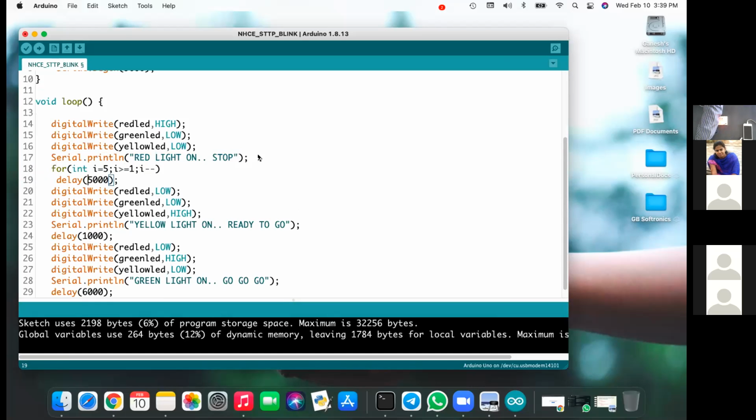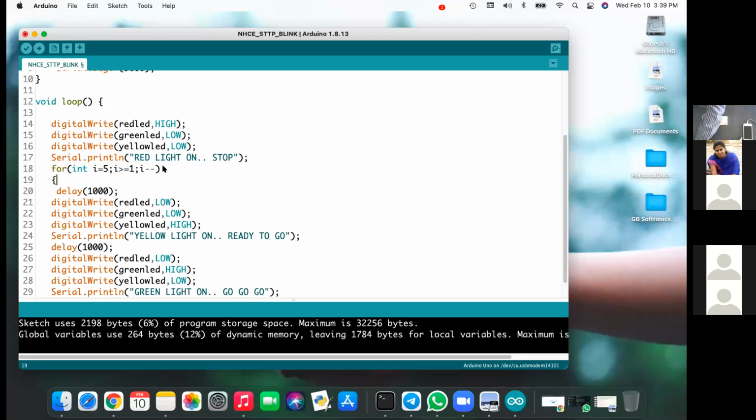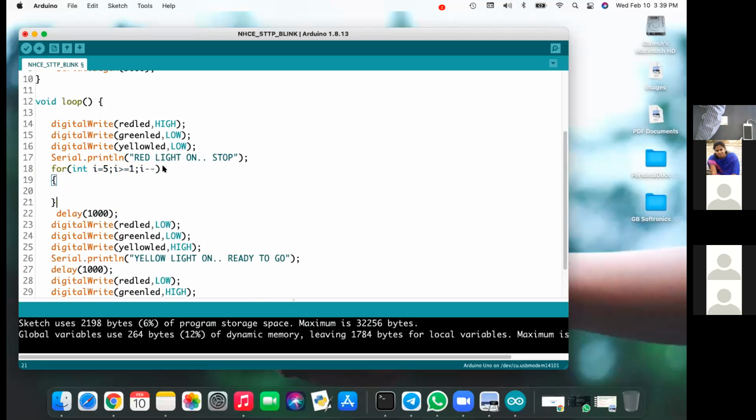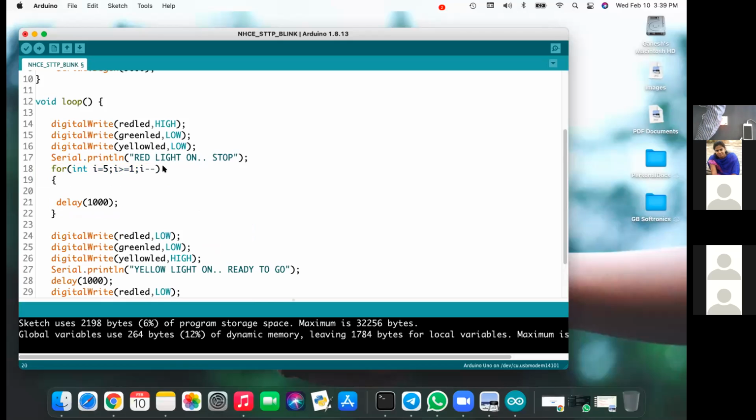And here I'm making the delay 1000, so a 1 second delay. Control X, Control V, and here Serial.print, not println, I'm putting print only.